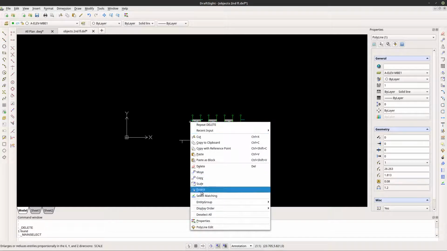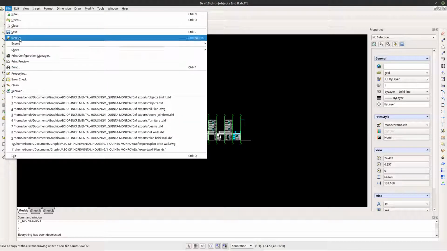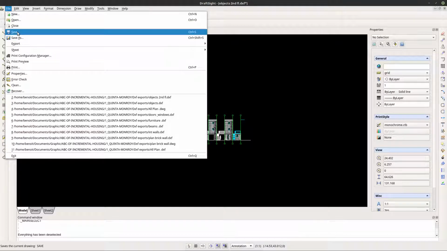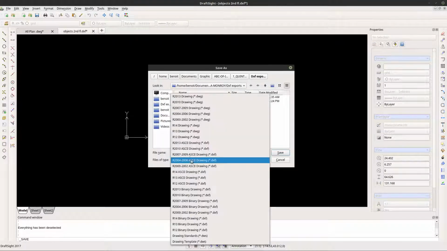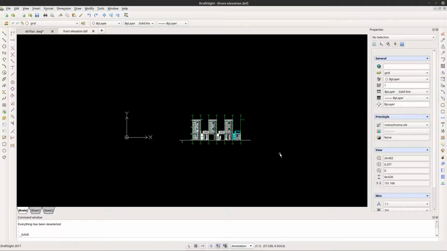So this is not a block anymore, just select that. So now I'm going to file, save as DXF, call that front elevation, save,